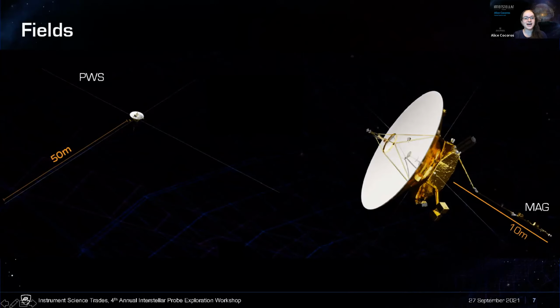As part of our other part of the field suite, we have the magnetometers. So while both vector helium magnetometers and flux gate magnetometers have good heritage, due to the lengthy duration of this mission, we felt that flux gates were more appropriate and might be more reliable. So we accommodated 2 flux gates on a 10-meter boom that's aligned with the spin axis of the spacecraft,